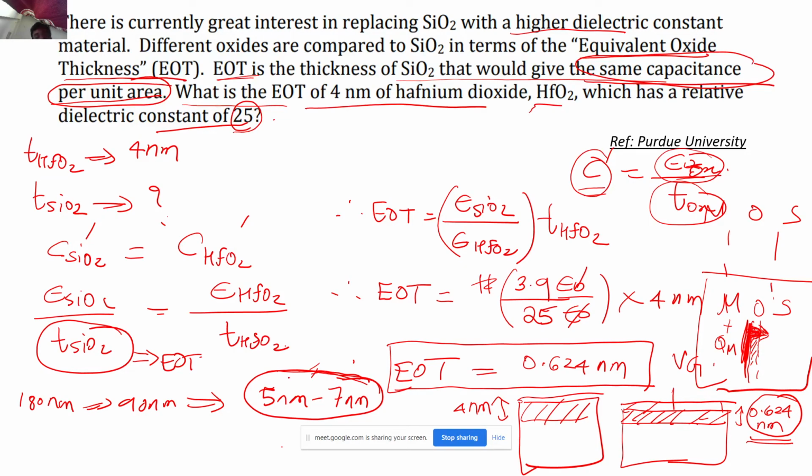I am just telling you, since we need to scale the MOSFET, we need to make it very small. Even this TOX is going to get smaller and smaller because we need to conserve the capacitance over there, right? Now if you use an oxide which has only this much length, there is going to be a huge leakage current through the gate, because ideally there should not be any current flowing through the gate, right? Now you will be thinking, what is the big matter? Let's say this leakage current is present, like it is only one transistor, right? That leakage current will be in some nanoamperes, or a very small value.